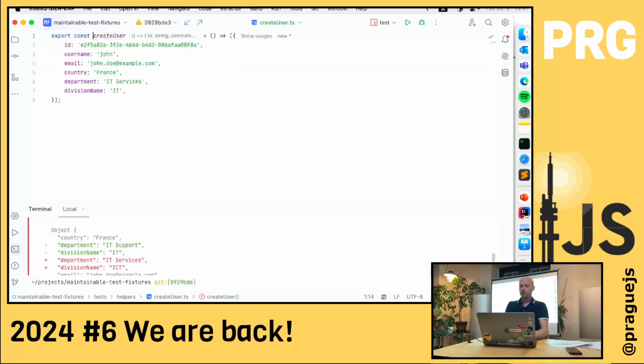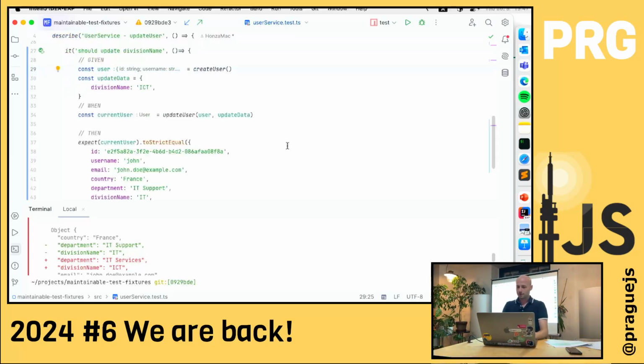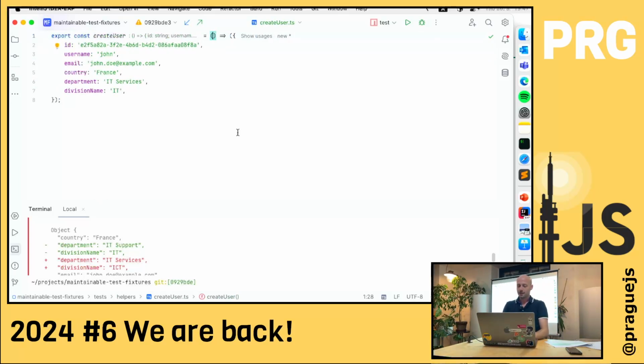I can go and change this globally used helper, and then I will need to fix all the other tests, or I can do some nice thing and actually take some data on the input, which will be an object, and basically merge the examples which I have here with the data that I would provide on the input.